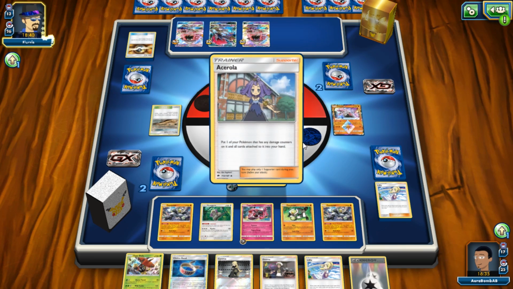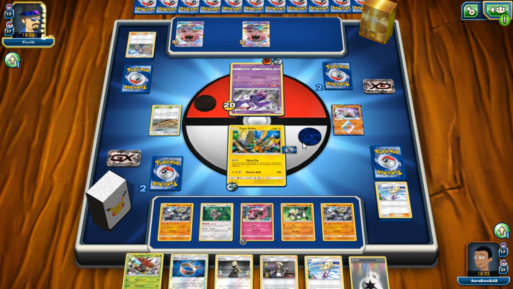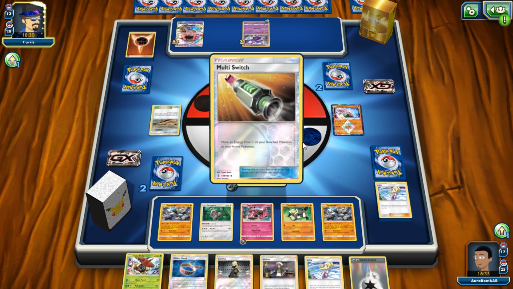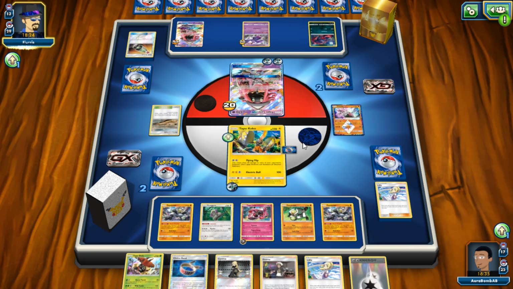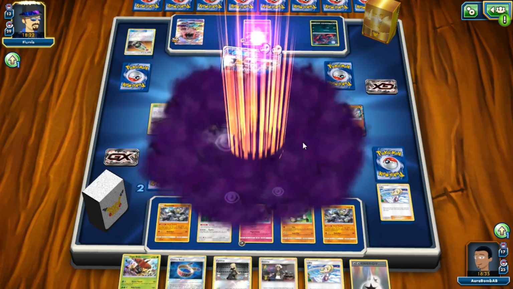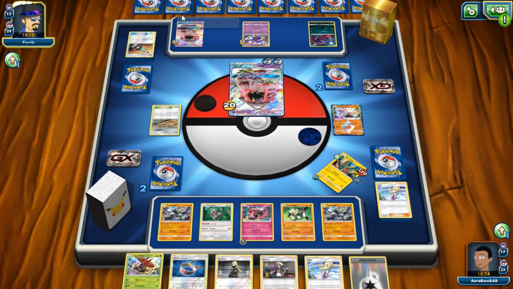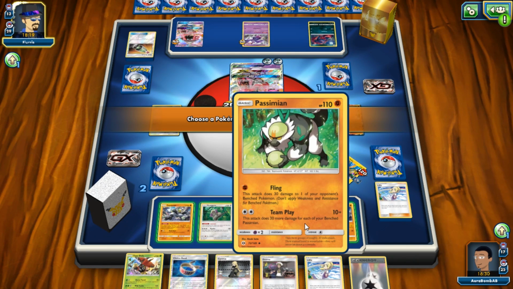But what's he doing? Is he getting rid of Zoroark? He is, okay. But luckily, I think if he takes a knockout here, we can still knock out Lele for game. Yeah, we can still knock out Lele for game. Right? Oh, did he just checkmate me? Yeah, because we have to hit 120. And right now we're hitting...